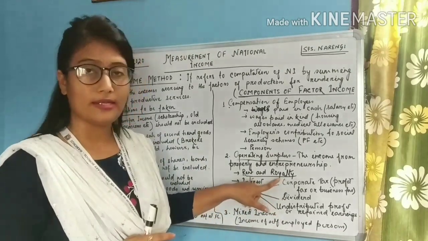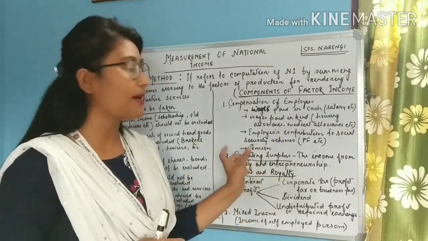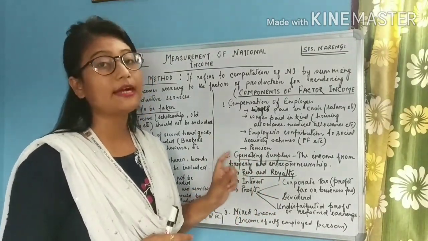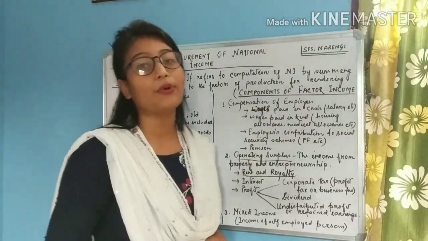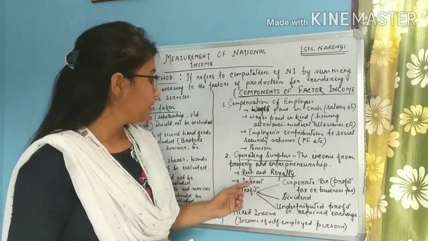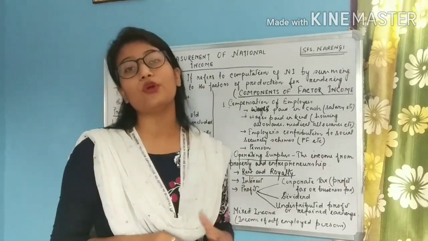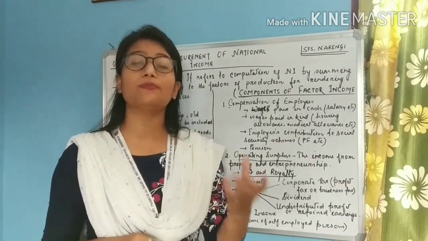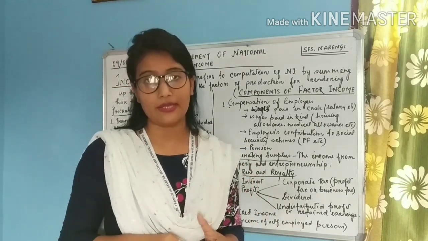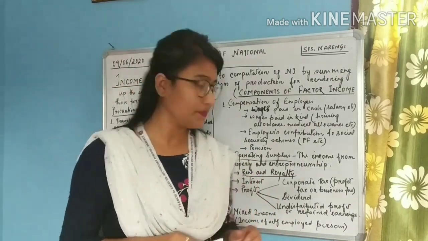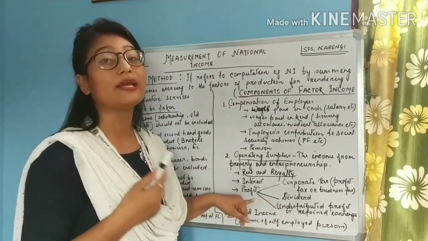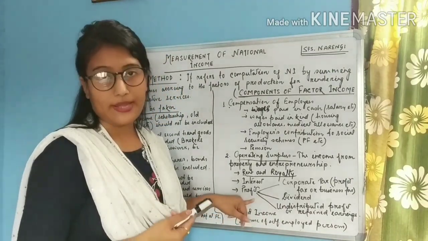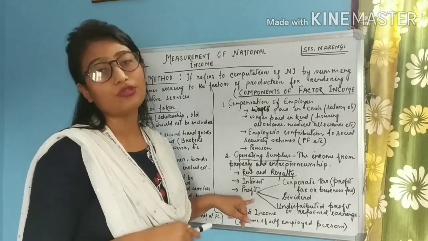That is royalty. So students, both rent and royalty are a part of operating surplus, and it comes under the income method. That is, it is one of the components of factor income, okay? Second one is the interest, students. Interest, we all know, is the sum of money which is paid to someone for lending their money. Interest is paid on capital, right? Third one is the profit. Profit is the money which accrues to the enterprise or the entrepreneurs, right?